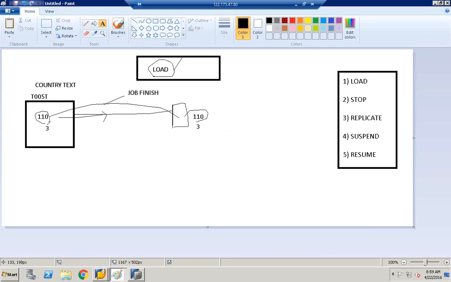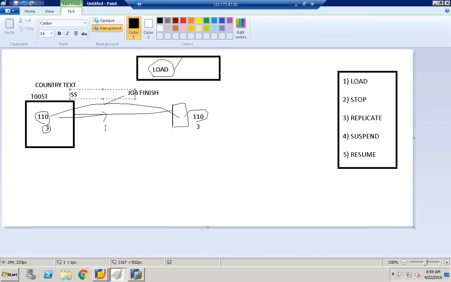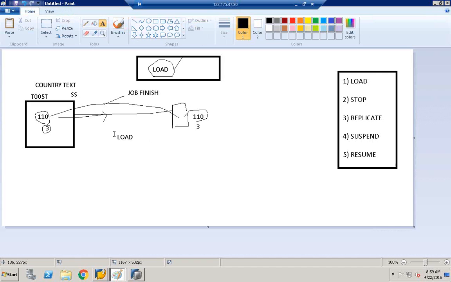So once the job is completed, whatever data we have here, we also have the same data in HANA. If in future any additional records are created, let's say I added 3 more countries to the source system, in that case I'm going to do load again. In order to load these 3 records, I'm going to perform the load again. So this time what the system does is, it will delete the entire table. By default, it's going to delete the entire table, recreate the table again, and reload